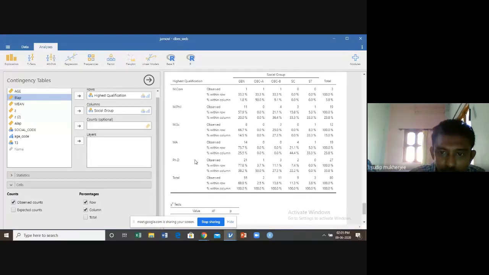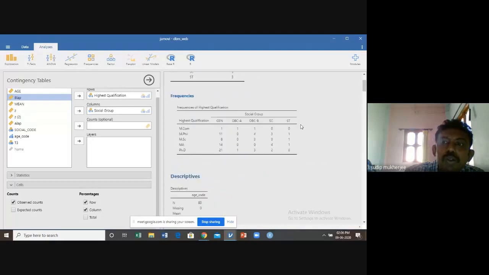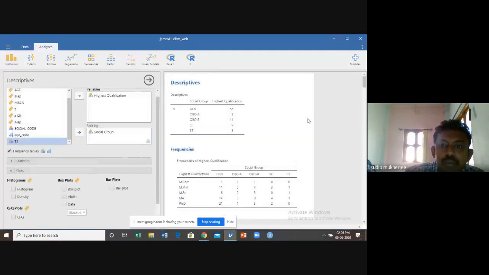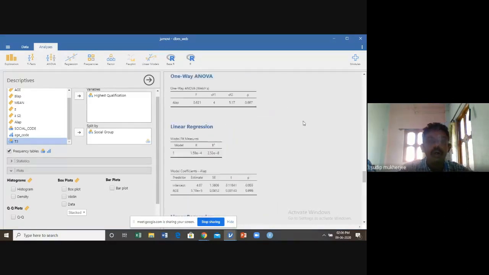So with the help of data in your college, you can easily calculate this type of two-way table using this particular package. Once you have the data, you just rearrange it in this form, calculate this type of table, and send this to the DPI. So these are the outputs, the entire output stored in Jamovi.